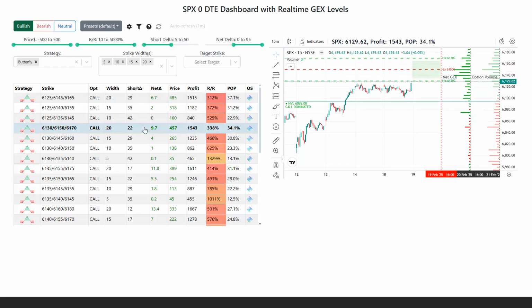Now if I click on any row, I can easily visualize the strategy's strikes using the TradingView chart. Here you can see that we've drawn a 6,150 level, which is 2 short calls, 1 long call, and another long call. This makes it easily visible visually where the strikes of a given strategy fall and the green rectangle shows